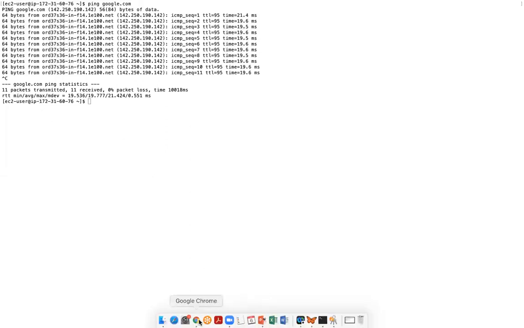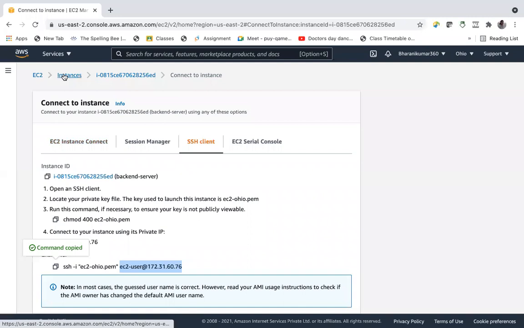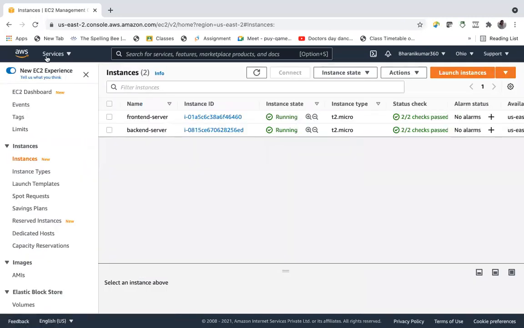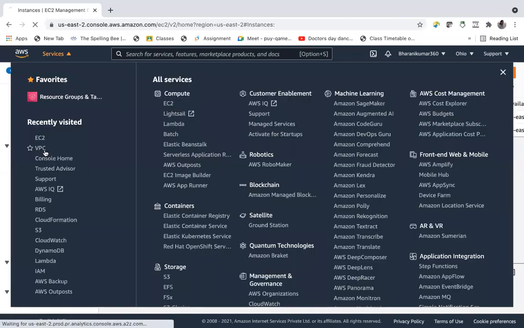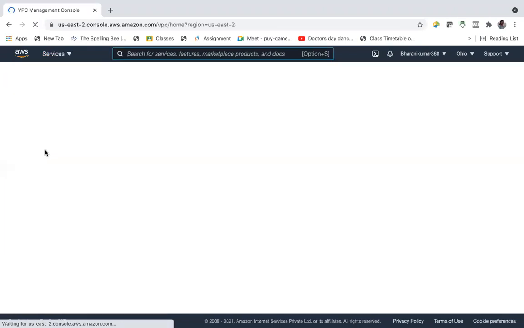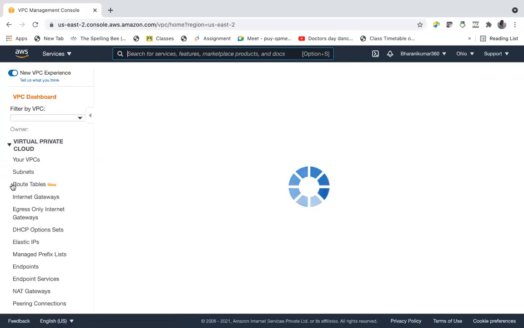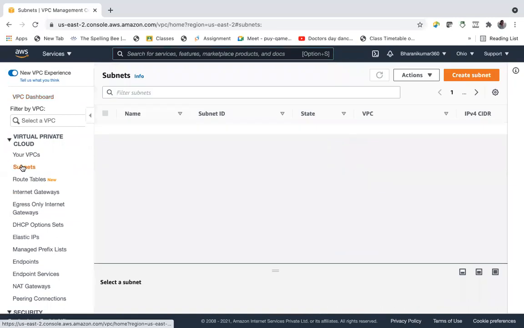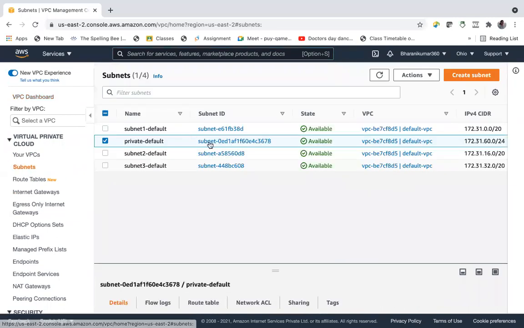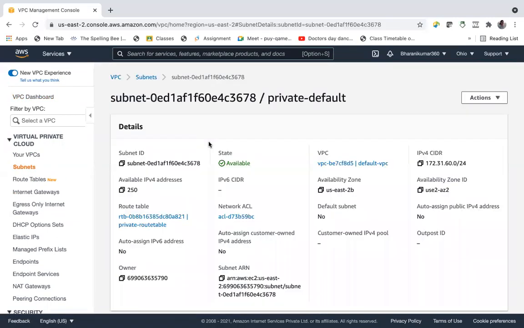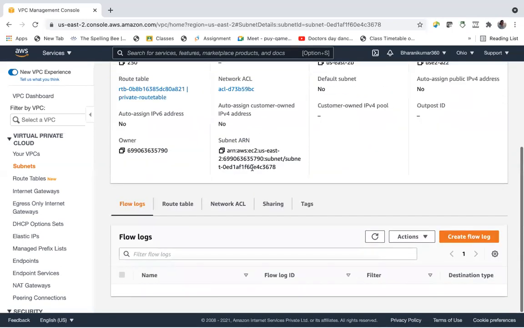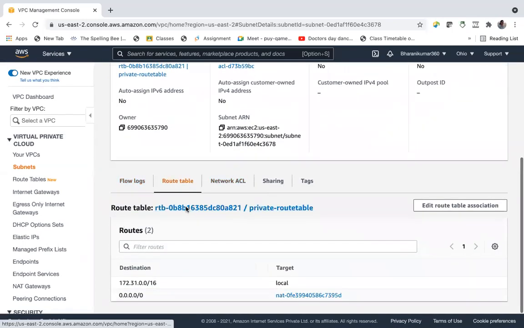Now let us remove the NAT gateway attachment. Go to VPC, subnets, private subnet, and this private subnet route table. This is a route table.